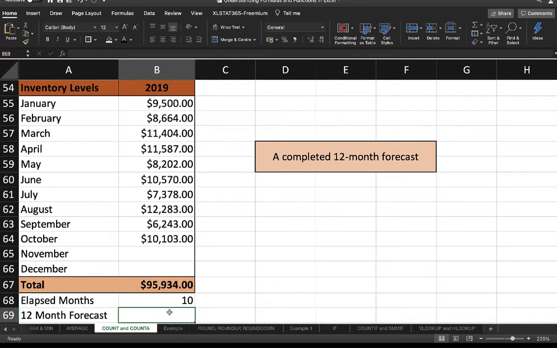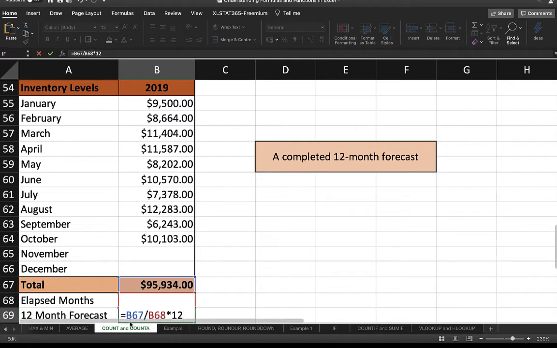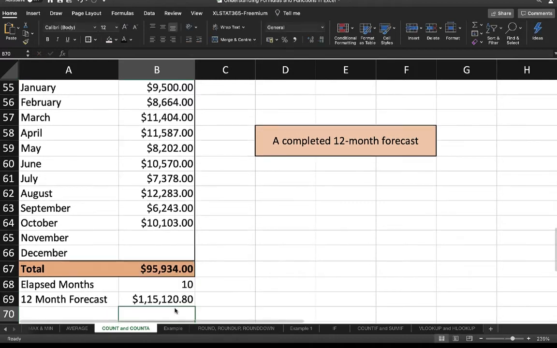So in this cell, I'll write the formula total divided by elapsed months. Then you can convert this number to an annual amount by multiplying by 12. So the entire formula will look like B67, that is your total, divided by B68, that is your elapsed months, into 12. This is my 12-month forecast.